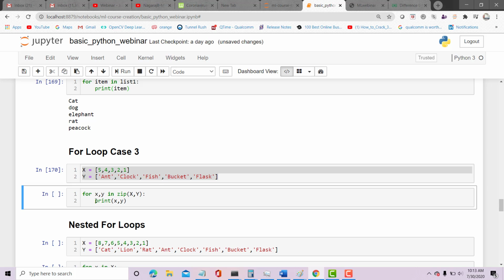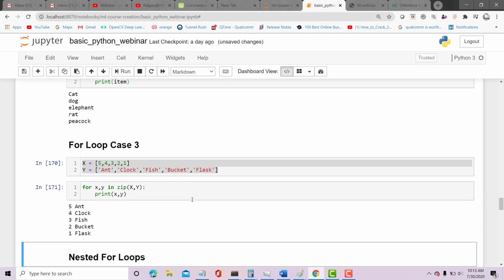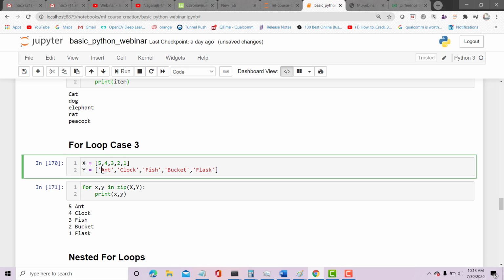I can do zip. That is for x, y in zip x, y, print x, y. Okay, so it will go through the lists item by item. It will take the first item of x, first item of y, in the second iteration the second item of x and second item of y, and so on.